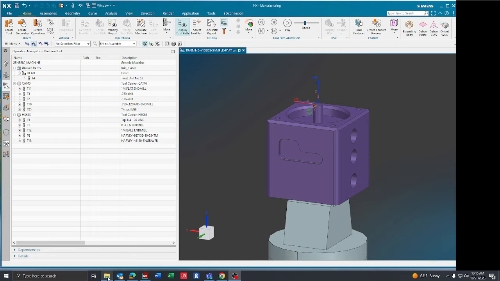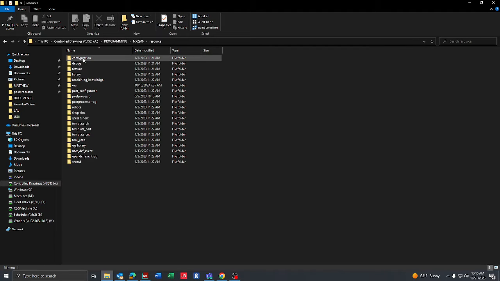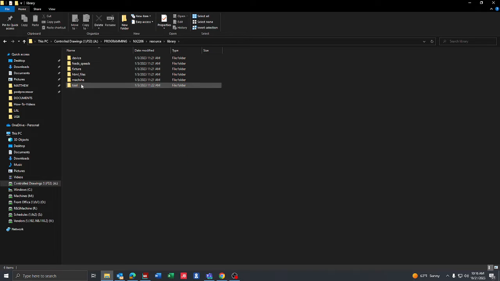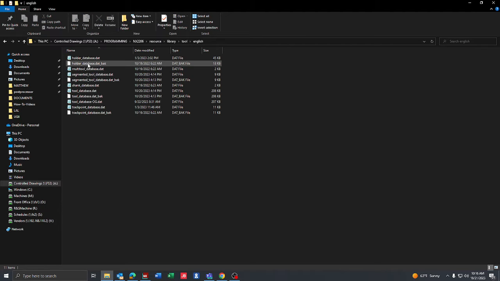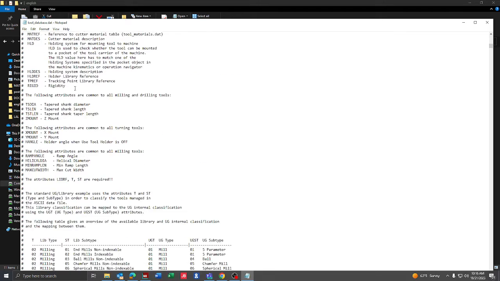So I'm going to go ahead down to a file explorer, and then I'm going to go to my folder where I have all of my NX settings. So I'll go to my 2206, to my resources folder, library, tool, and then I'm going to use English. That's where my tools are. And then I'm going to edit the tool_database.dat file. If I double click it, this is going to be the file that contains all of the records